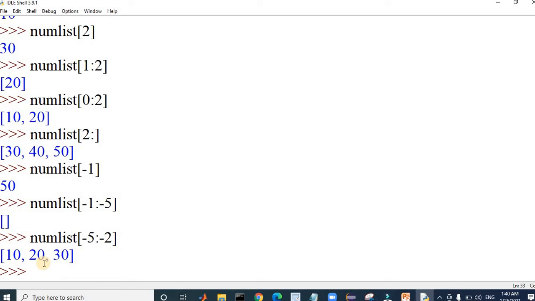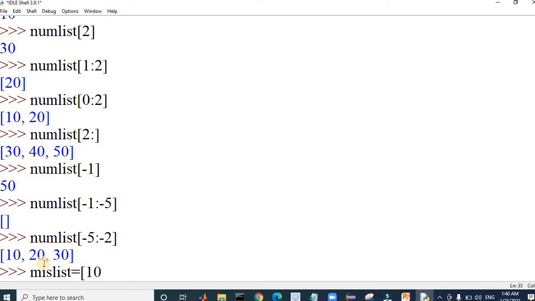So what if I want to store values of different data types in a particular collection list? Yes, it is possible. In this case, I am taking a miscellaneous list, MIS list. So here I am assigning values of different data types.